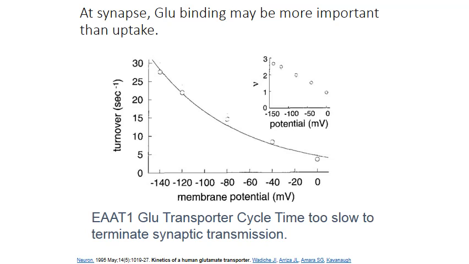And from this, they reasoned that the transporters were not important for clearing the cleft of synaptic neurotransmitter, but rather the binding of the neurotransmitter